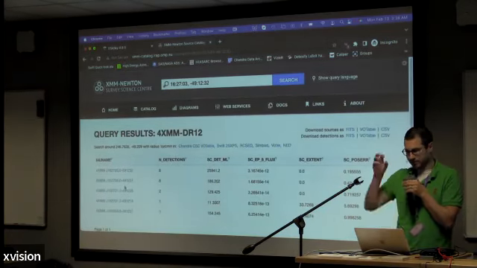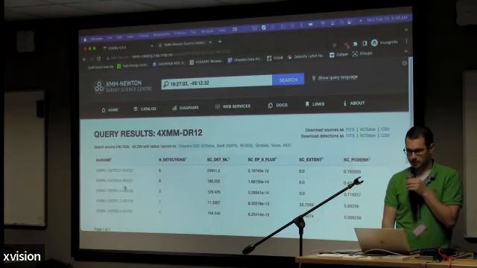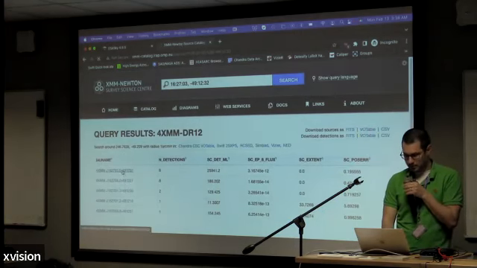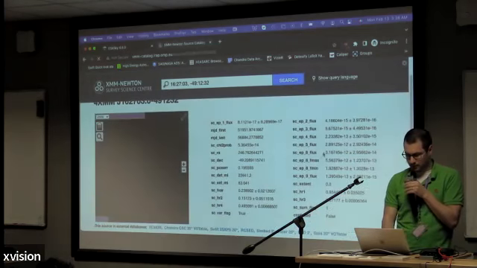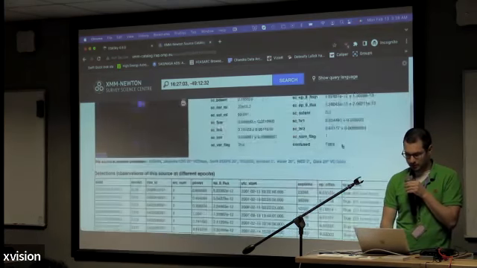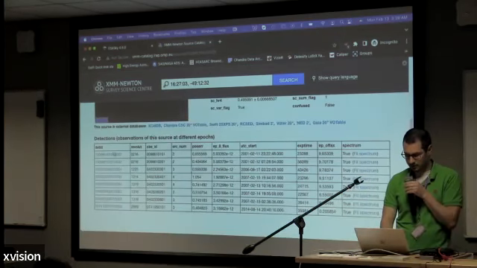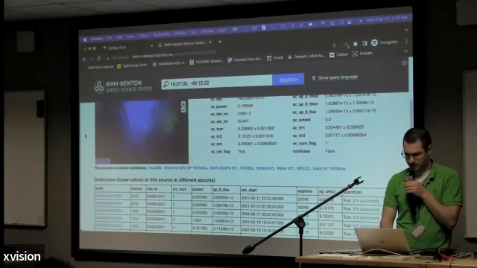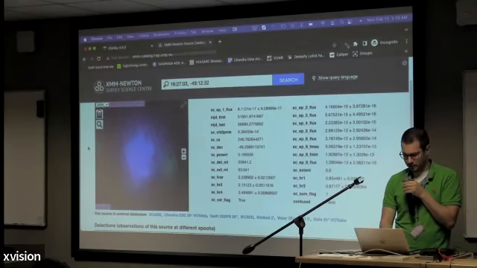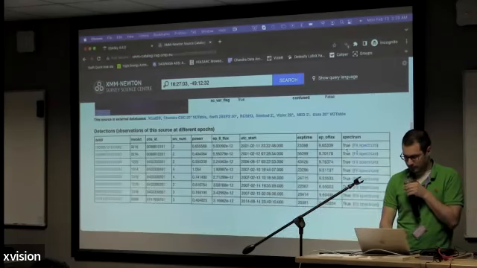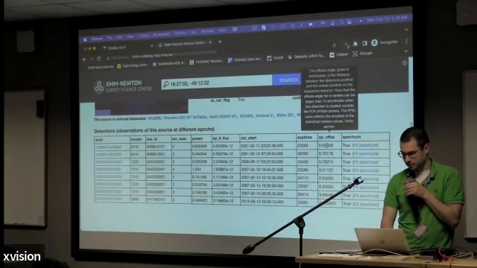So they're ordered from how far offset they are from the position you put in. So let's take the closest one. It will bring up all of the information related to the source across all the different observations. So previously it showed that there were 8 detections. They're all shown here. This is an image of the source that's just directly plotted in your browser. So they also show the off-axis angle. So let's take the one where the source was actually targeted.